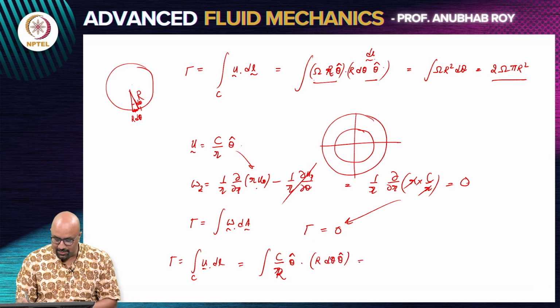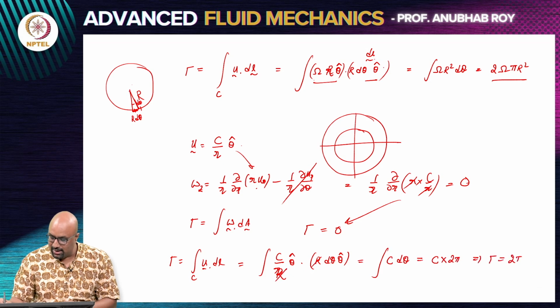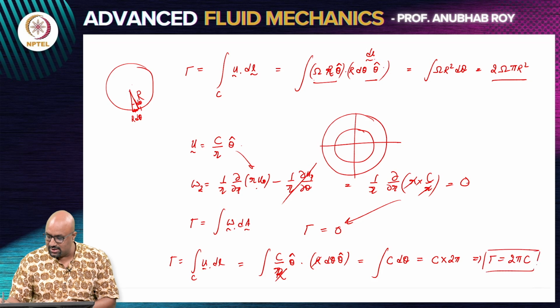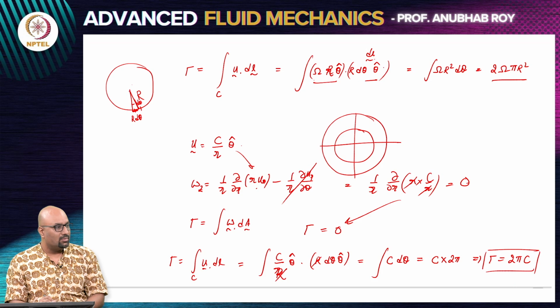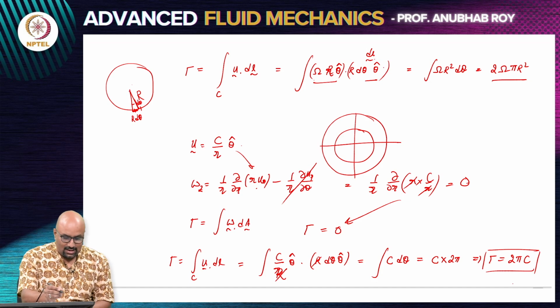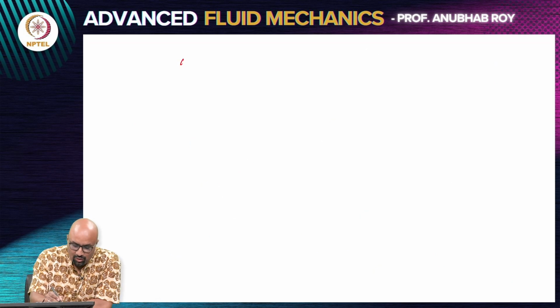So, theta cap dot theta cap is 1, r and r cancels out, and I get an answer which is c d theta or c into 2 pi. Surprisingly, I now got an answer for circulation that is not 0, whereas from the vorticity we got the answer to be 0. So, something must be going on here which is making this inconsistent, and the inconsistency is that the vorticity